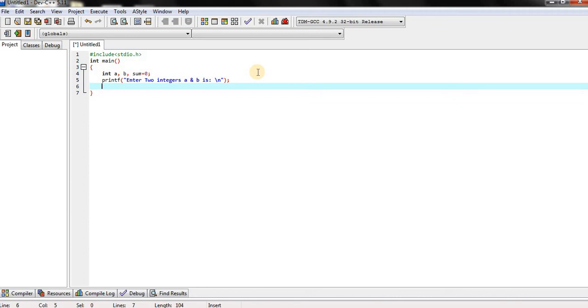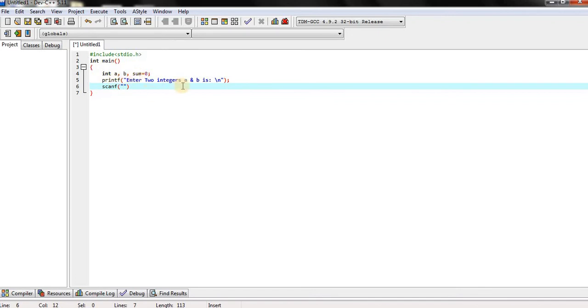The variables a and b are stored in int data type, and you have to know where they are stored. You have to scan that information inside scanf. Here scanf is an input function. Whatever variables you declare, their values are scanned inside scanf.